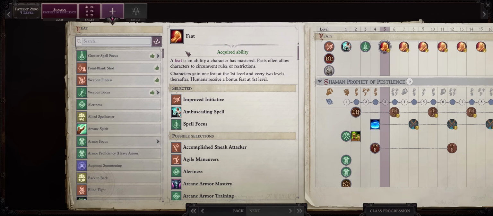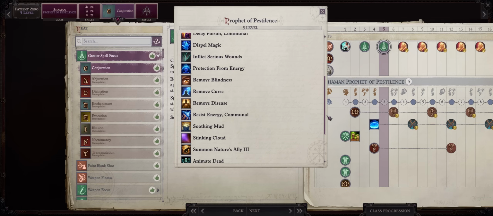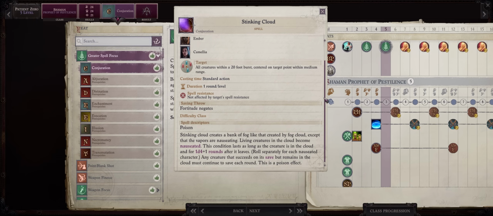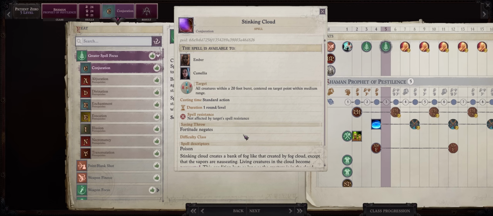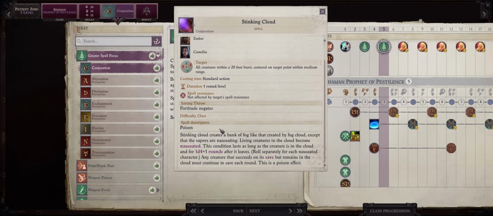For our level 5 feat, it's time for Greater Spell Focus, Conjuration. After all, this is when Shamans get the highly OP Stinking Cloud spell, back from Kingmaker with a vengeance. It is now one of the best spells in the game, just like in Kingmaker, once again because the Mythic Corruptor ability lets you bypass enemies' immunities against both diseases and also poison. And well, what can I say, it hits a huge area, will constantly nauseate enemies and nauseated enemies can't do anything at all besides move, lasts for a very long time even if they leave the cloud, bypasses spell resistance,